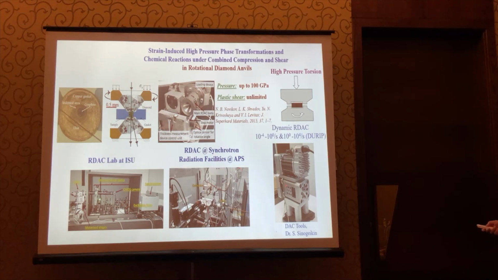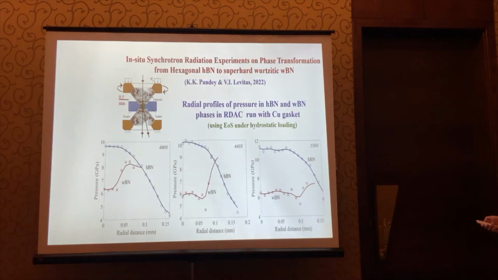And recently we started doing experiments in a dynamic rotational diamond cell under controlled rotation speed. For our goals, we need to measure some parameters which were not measured before. That is why we developed some techniques. So we scan along the radius with a step of 10 micrometers, and the X-ray and Raman spot is 10 micrometers.